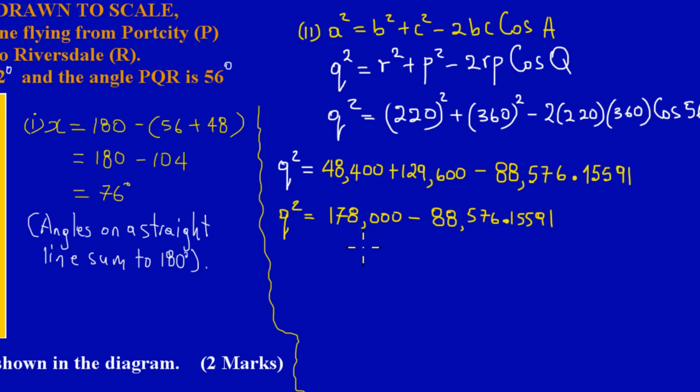Let's just subtract these two numbers now. After subtracting 88,576.15591 from my 178,000, we're left with Q square is equal to